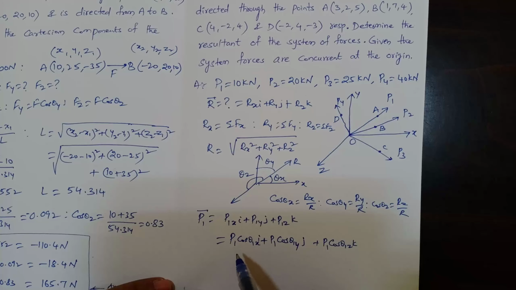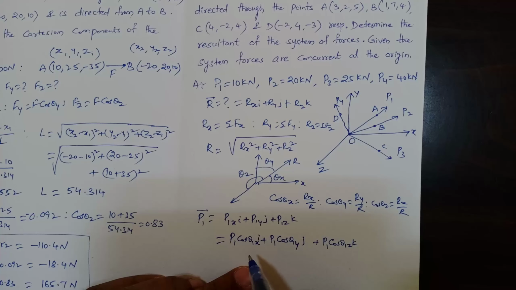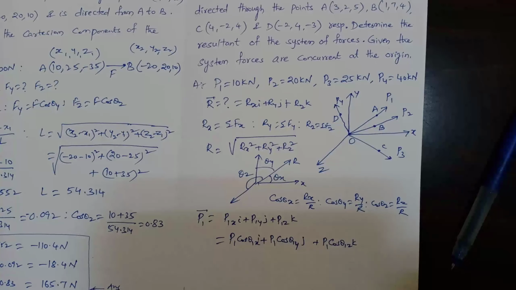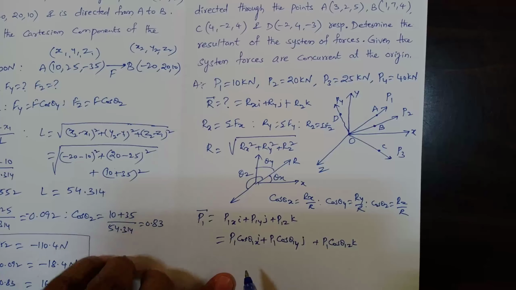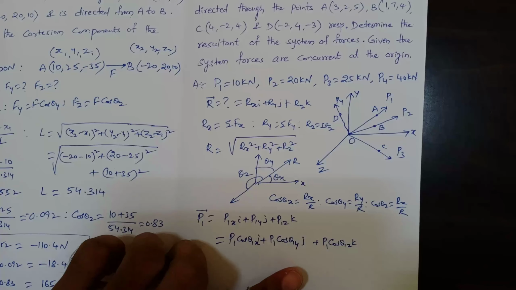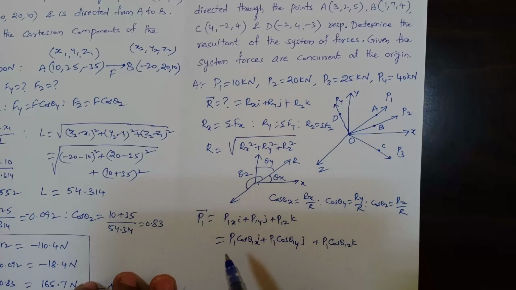So P1 we know. Now we need to find cos theta 1x, cos theta 1y, and cos theta 1z using the given data. So here these points are given. This P1 is passing